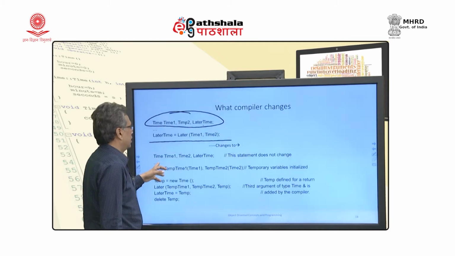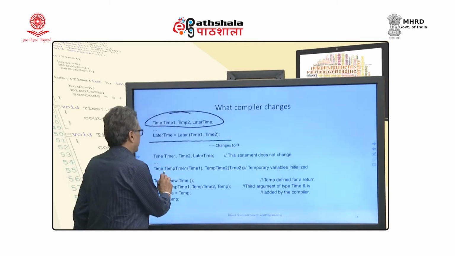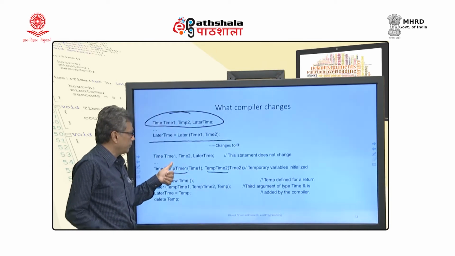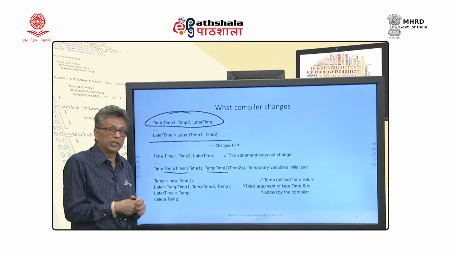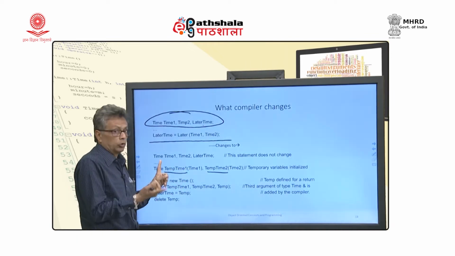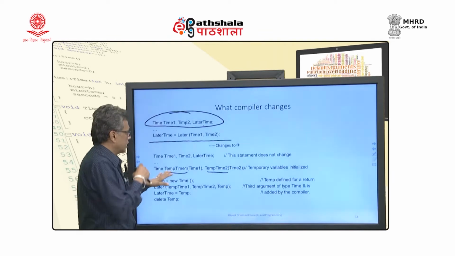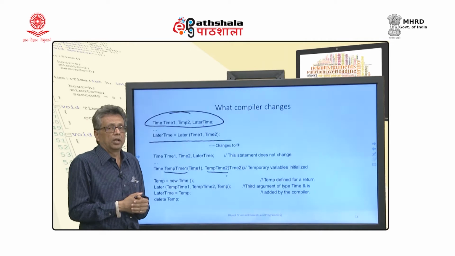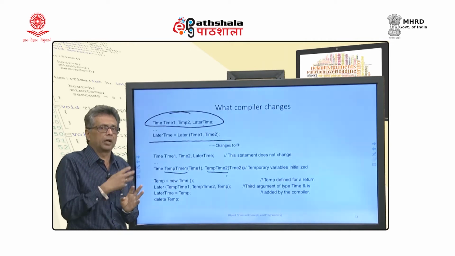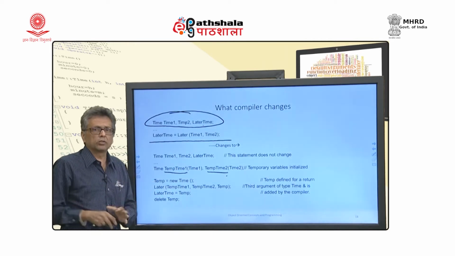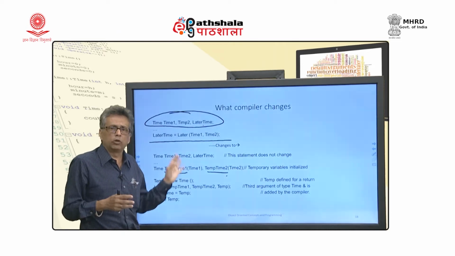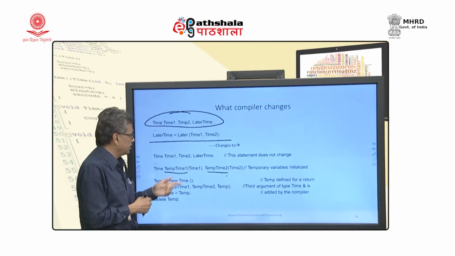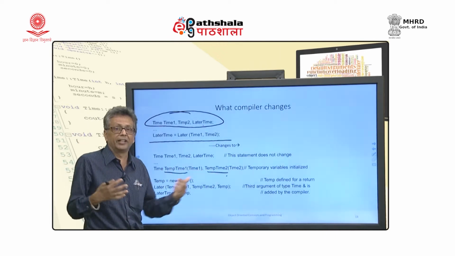So, there are temporary variables defined, temp time 1 and temp time 2. Why is this so? Because if a user changes something somewhere, being value parameter passing, those values should not be reflected back. That is why the temporary variables are defined and that value is passed to that function, and the function works on those temporary values and then returns something. And if it modifies those temporary values, those values are not written back to the original value; the function is not actually working on real values. So, we do not need to bother, and that is the reason why these additional two temporary variables are constructed and passed.